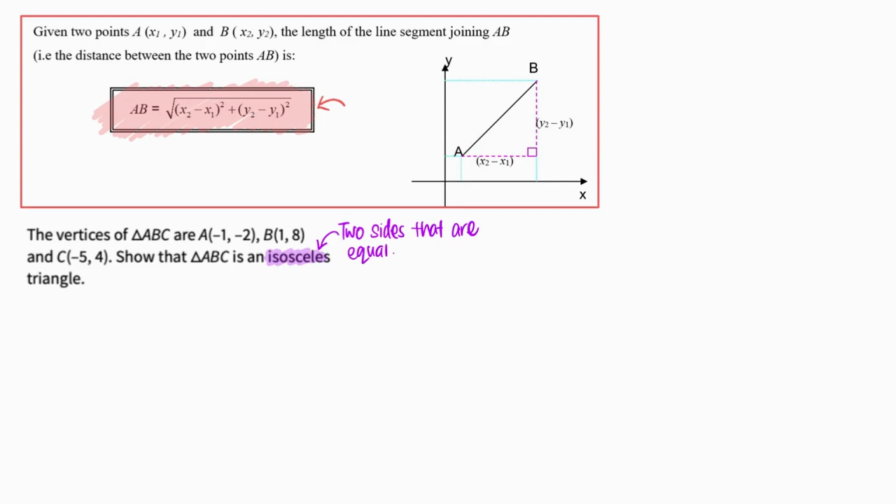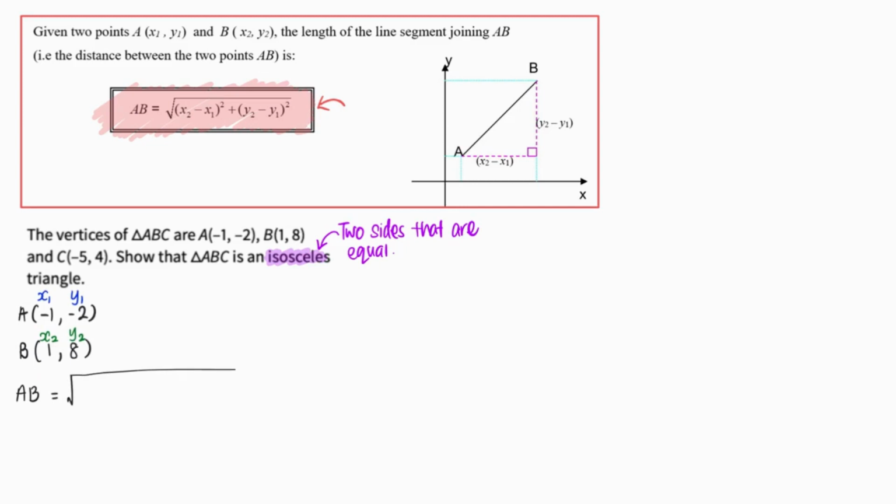Without further ado, I shall start by finding the length of AB. This is a habit of Mr. Tan: I like to write my coordinates for all the points that I'm trying to find,